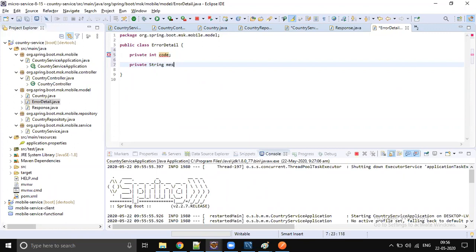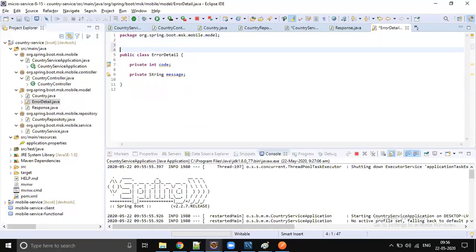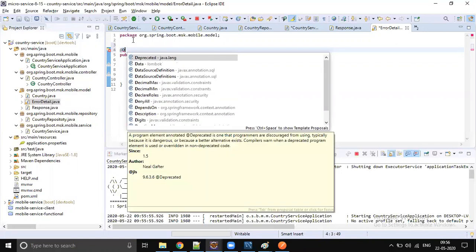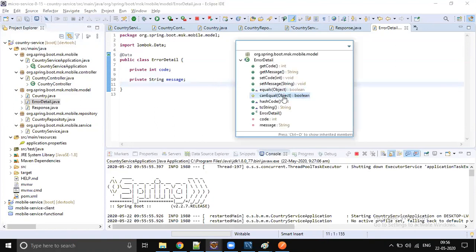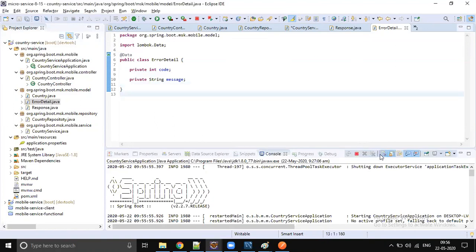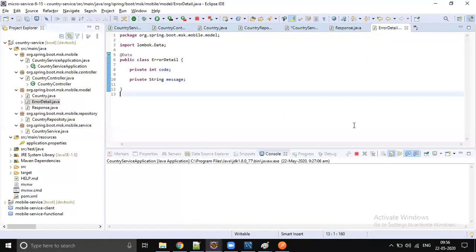We'll give a proper error code and a proper error message. If the status code is not 200, you should look into the errors, and you will get a list of errors. Setters and getters are automatically generated. So let's save all the changes.